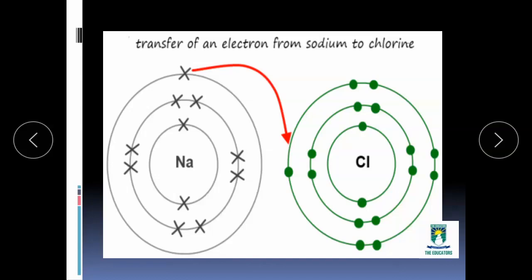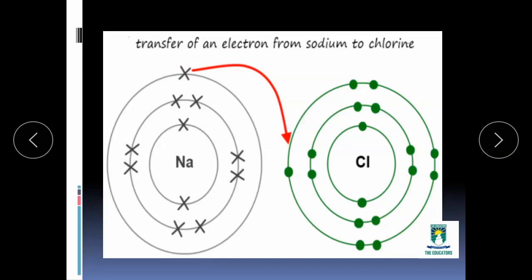It is not possible for chlorine to lose its 7 electrons, so it will be easy for sodium to lose its one and only electron which is present in the outermost shell. So when sodium loses its 1 electron to the chlorine, this shell will be finished. Why? Because there is no more electron now in this shell. Now sodium is stable because it has 8 electrons in the outermost shell. On the other hand, chlorine, which had 7 electrons, will gain 1 electron from the sodium, and now it has 8 electrons in the outermost shell.